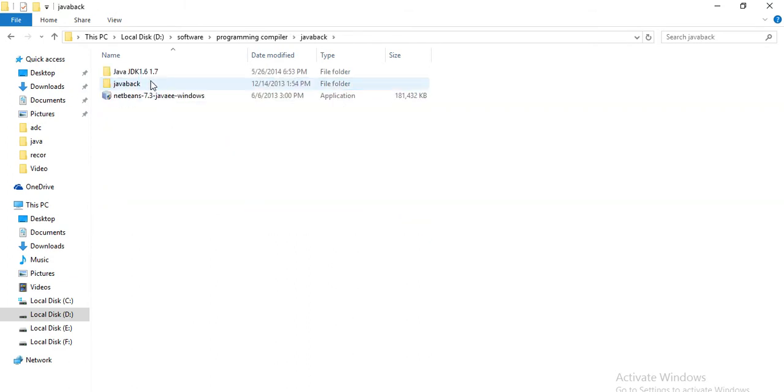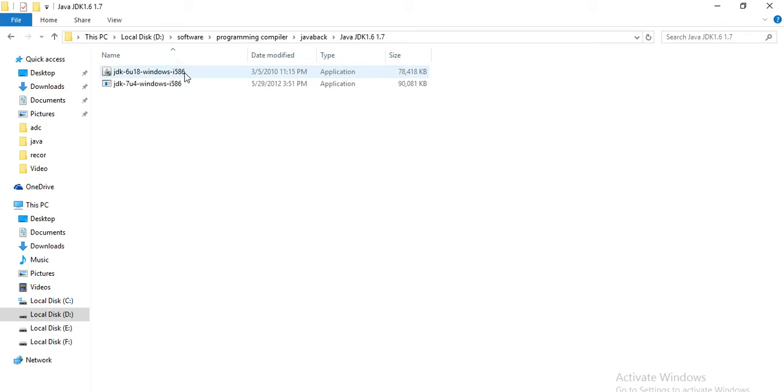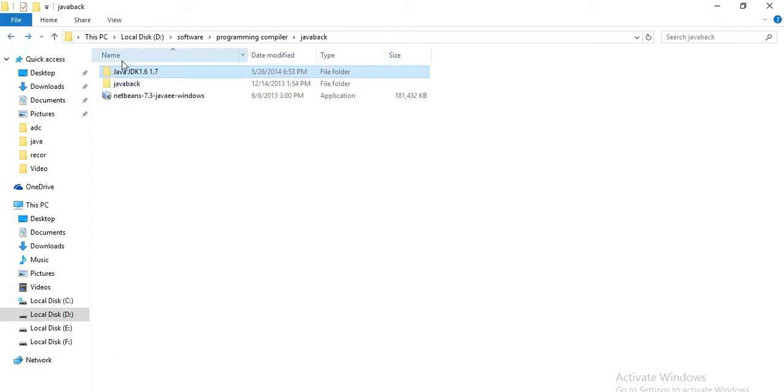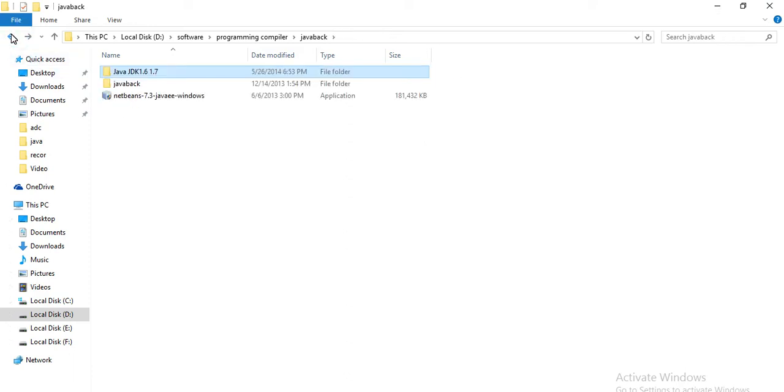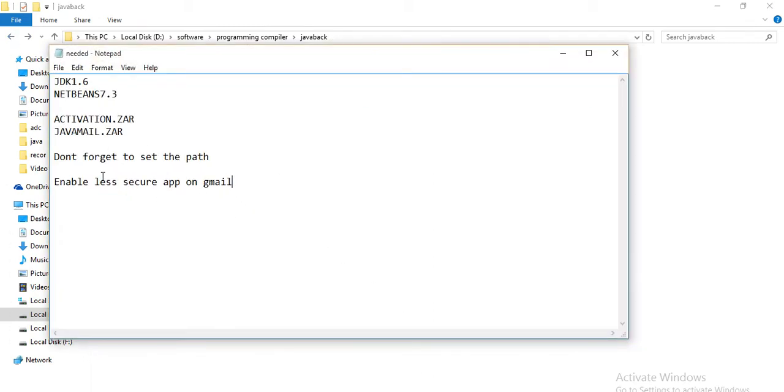You need to download the JDK, Java Development Kit 1.6 version, and NetBeans 7.3 version. First install the JDK, then NetBeans. When you install the JDK, make sure to set the path that I have mentioned here. Don't forget to set the path.